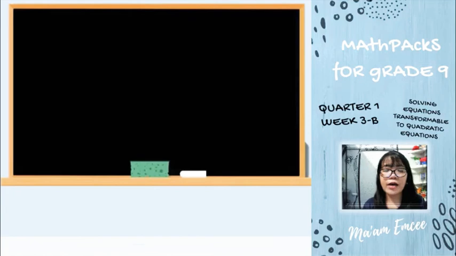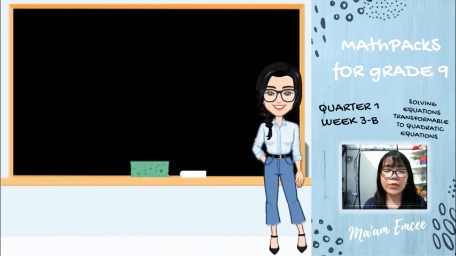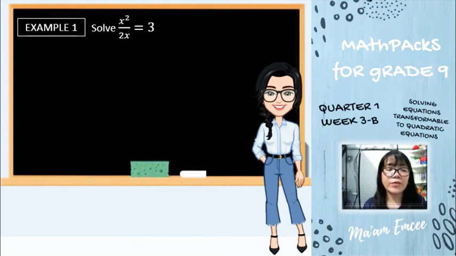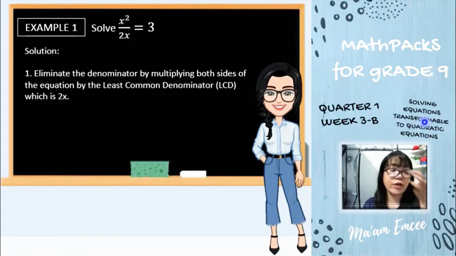Now let us have the first example on your MathPacks. So keep scanning your MathPacks because I will be discussing those examples there. So let us solve x squared over 2x is equal to 3. Now try to notice that this equation here is a rational equation because there is the presence of a rational expression. So there is your numerator, which is the x squared, and your denominator, 2x. So the first step to solve this rational equation is to eliminate the denominator by multiplying both sides